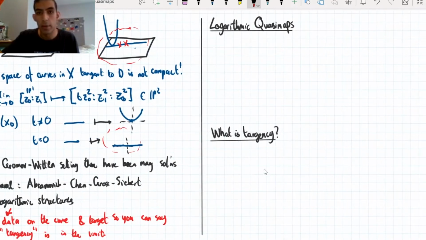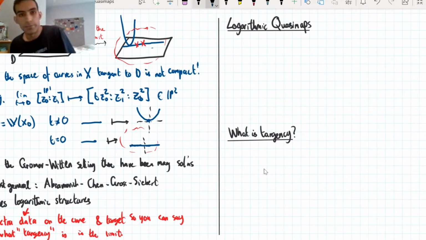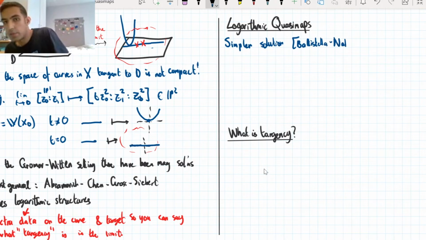So now I want to tell you about Quasimaps for a variety and a divisor. There's a simpler solution due to Battistella and Mabijou, following an idea of Gutman,